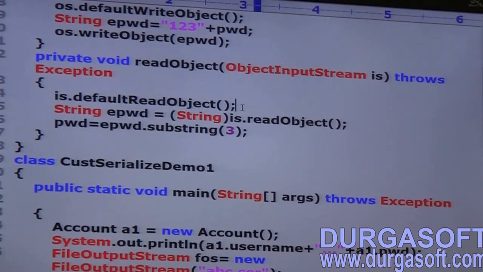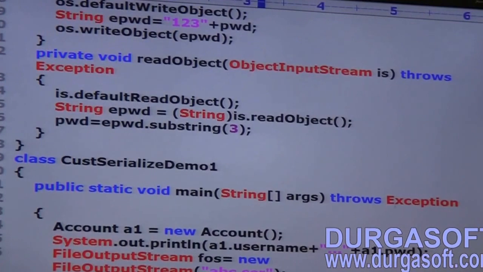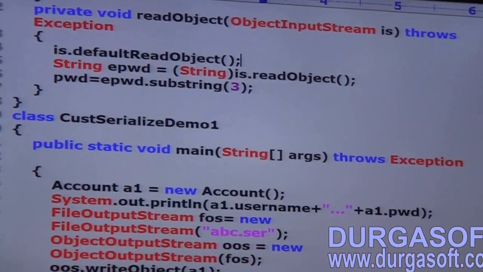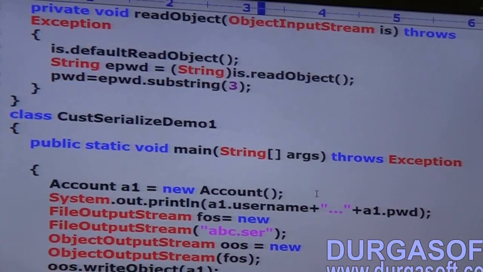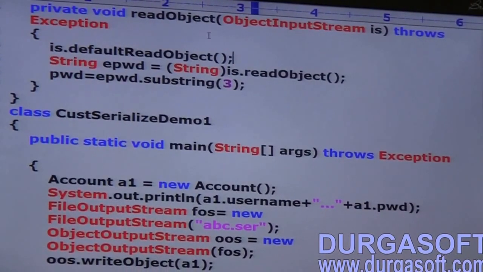Completed, I hope. ReadObject method completed, right? ReadObject method.